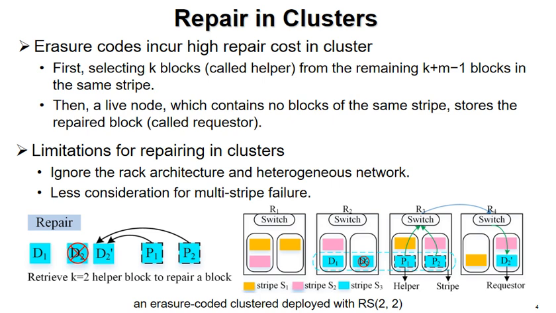However, when we examine existing repair techniques, they are limited in the following two aspects. First, modern Erasure-code clusters organize the nodes in multiple racks, and the links of the Erasure-code cluster have heterogeneous bandwidth. Second, the storage cluster often organizes files in different strides to guarantee data reliability. When a node fails, we need to repair multiple strides.